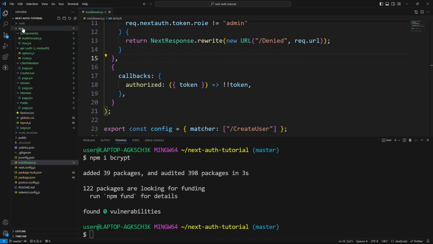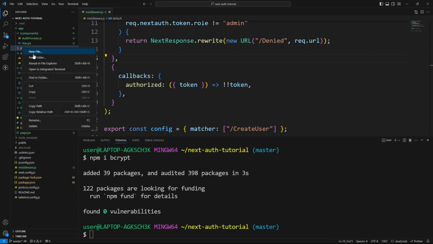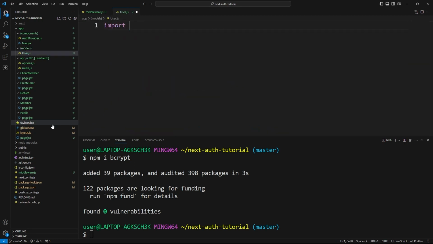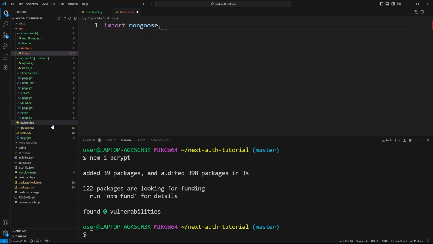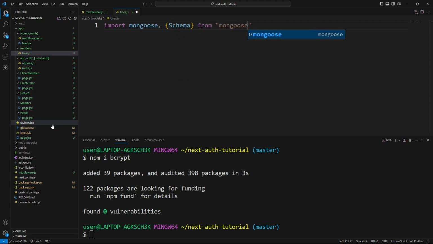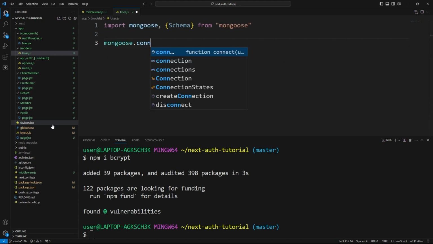Now let's create a new folder. In parentheses, we're going to say models. Inside of here, we're going to create a new file called capital U User.js. So we're going to define what a user looks like in our system. We're going to import mongoose and, in curly brackets, Schema from mongoose. And we're going to use mongoose.connect